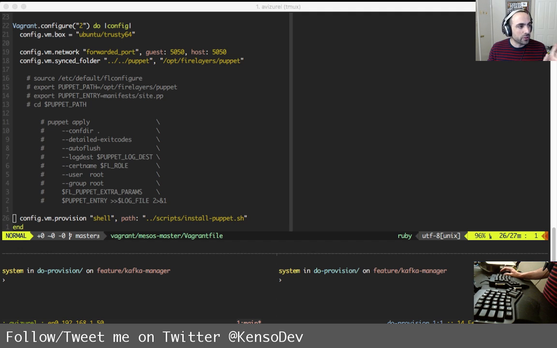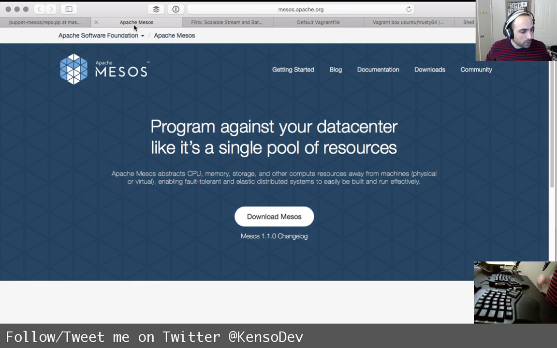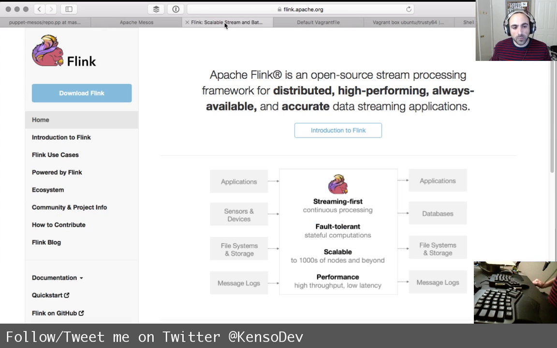Okay, so first of all, someone is asking a question in the chat room on Twitch, asking what I'm building. And what I'm building is essentially I'm installing Mesos on top of our production infrastructure. And after I install Mesos with redundancy and everything, I want to deploy Flink on top of it.